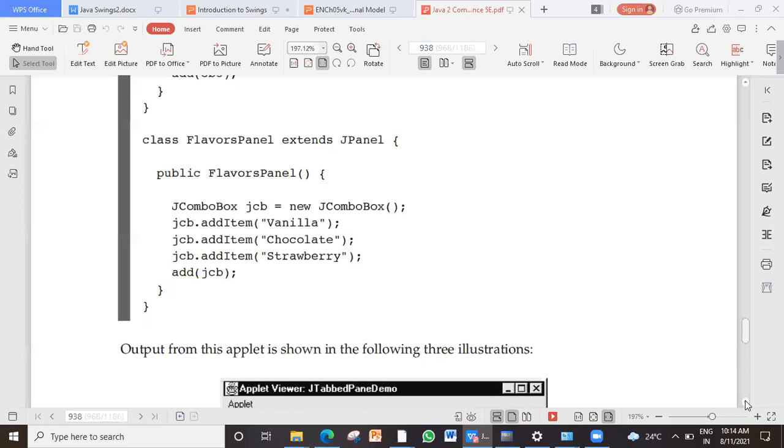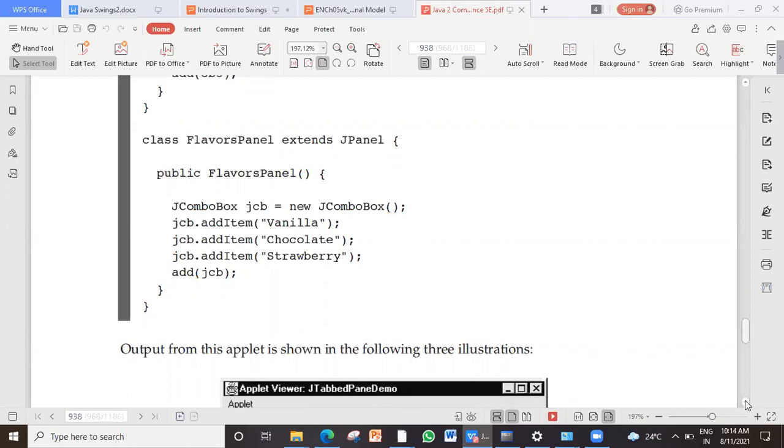So here we are creating a combo box, new combo box with these item values. This is a single component with multiple items. Flavor: vanilla, chocolate, and so on, because it is a single list of all components.